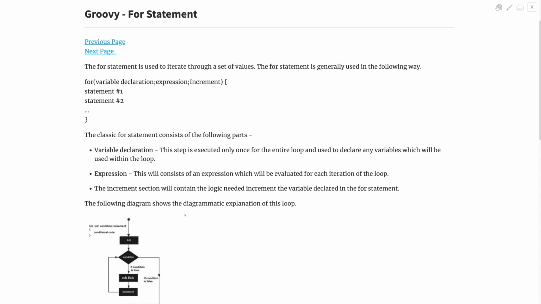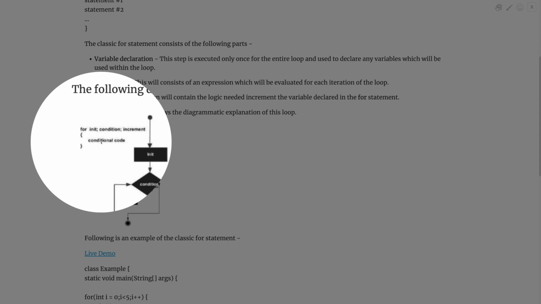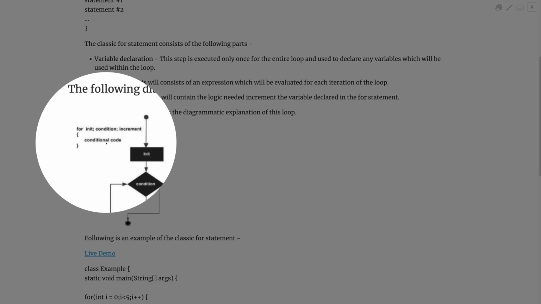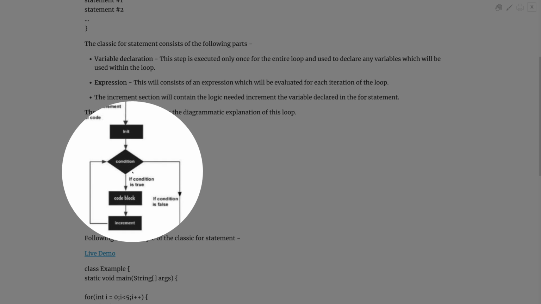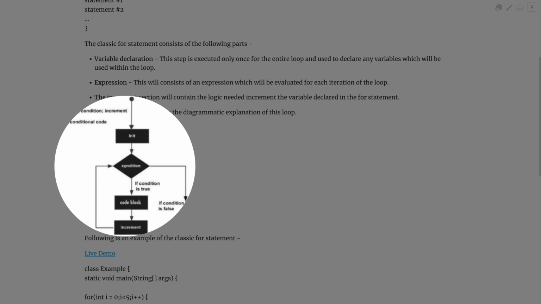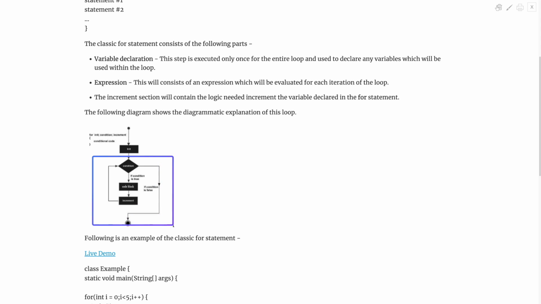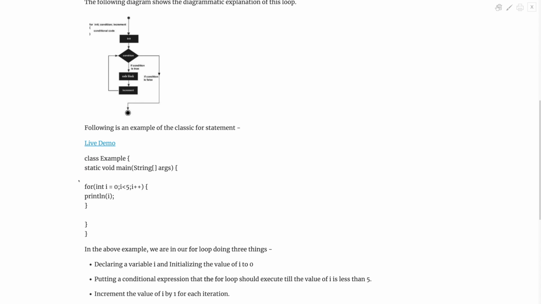Now the diagram that we have here is for the for loop. So what is this? For, condition, increment, and then conditional code. So here's a diagram. You start by giving a condition, and then if the condition is true, it's going to run the code block, and it's going to go back and execute that condition again. So it's pretty common in pretty much all programming languages, and every time the condition becomes false, it will just break out from the loop and execute the rest of the code. So here is a basic example of a for loop, and if you want to print out 1 to 9, this is how you're gonna do it.